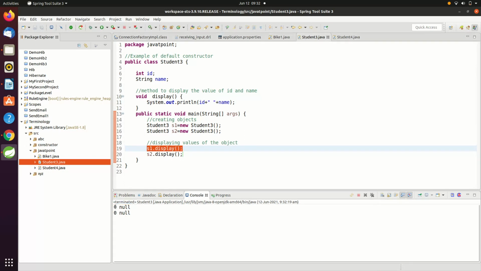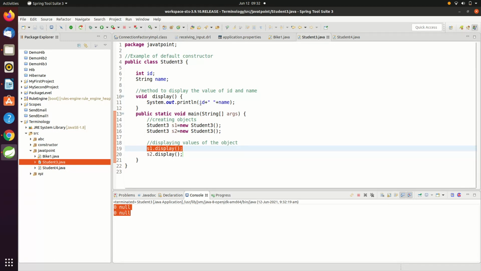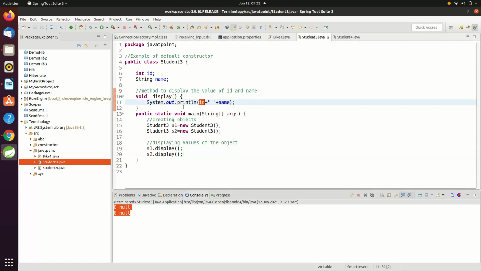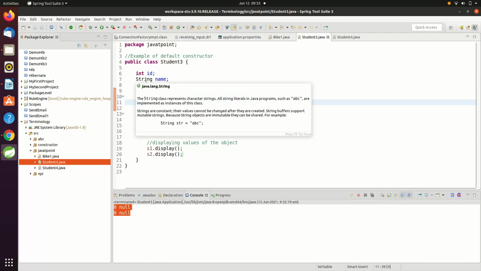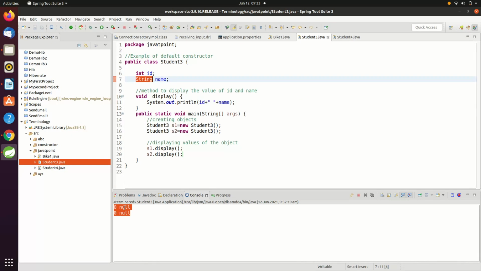For s2.display, the next line has been printed: 0 null. We have id and name inside the display method. Id is of type integer, hence the default value 0 has been printed, and name is of type String, hence null has been printed.